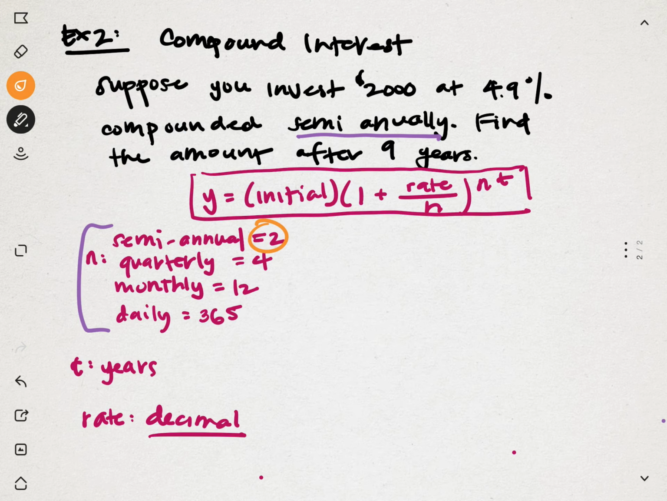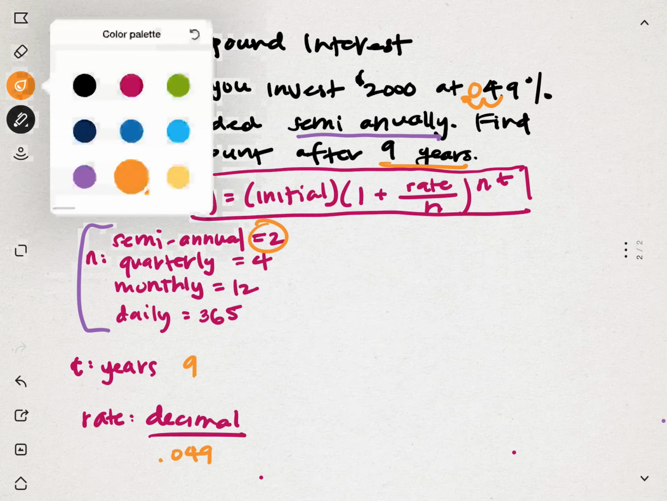We also know that our rate in decimal form, let's just move our decimal point over, so our rate is 0.049. And then our time is in 9 years, so t is 9. We have all this information. We're just going to fill it into our